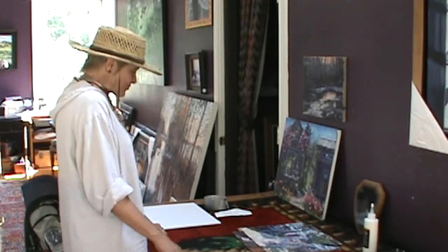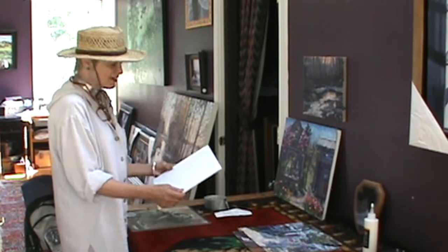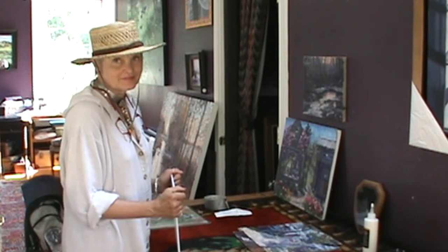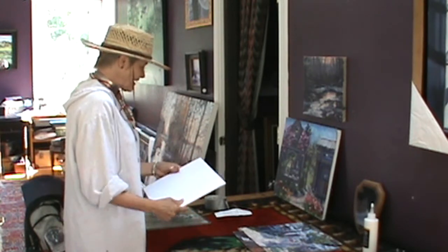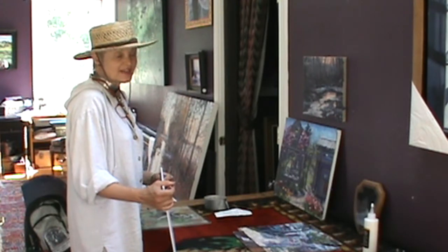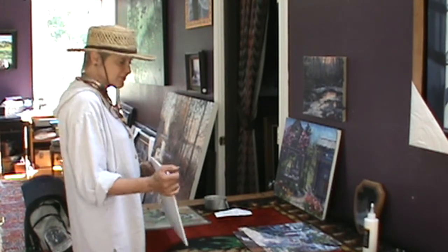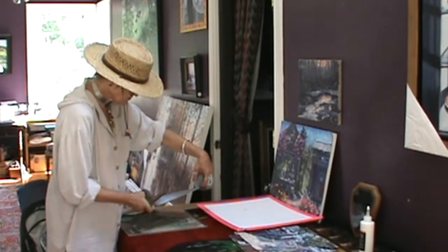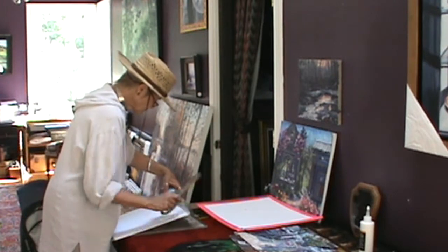Cool. Well, today I'm going to show you how to travel with your art supplies in Europe. I like to travel light, so I carry all of my materials in a backpack. First step here is to prepare your foam core. This is the piece of foam core that you're going to use over and over again